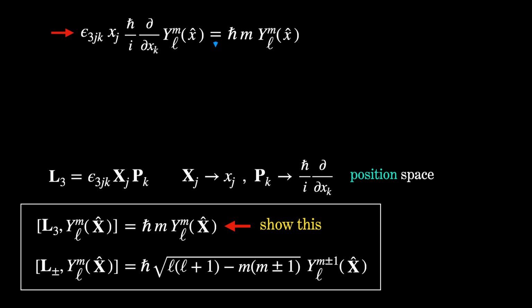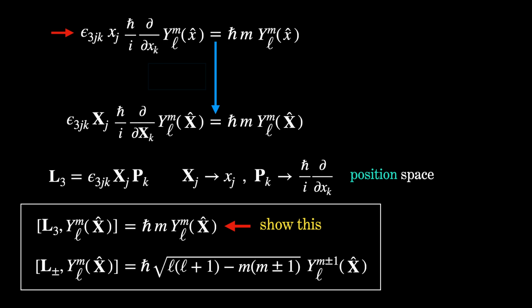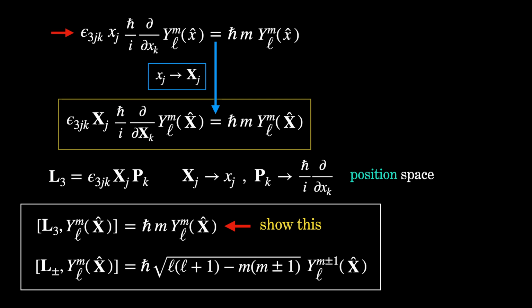Let's turn this into an operator equation by replacing the position vector with operators. This shouldn't be a problem, because the different components of the position operator all commute with each other, and therefore